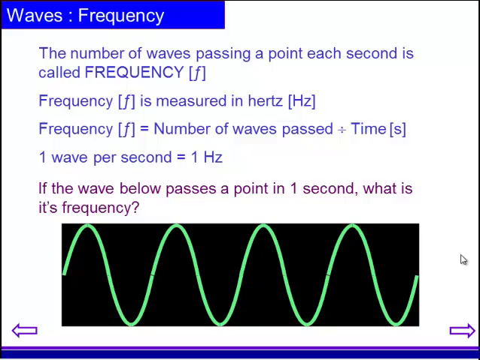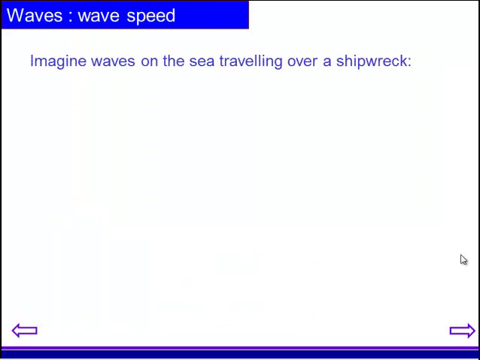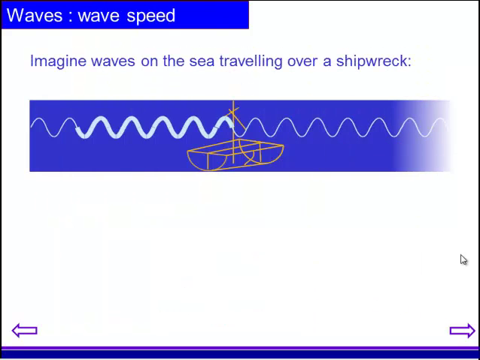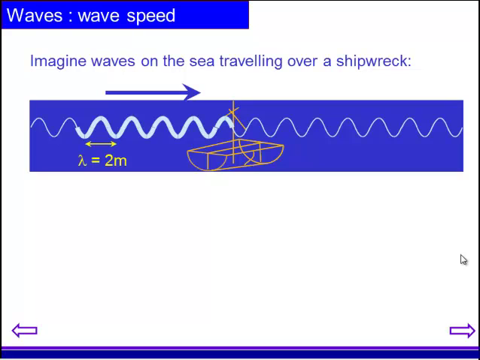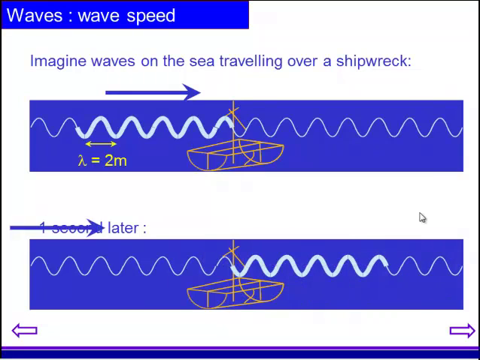Now we're going to apply this thinking a little bit. So again, we're imagining sea waves. We're imagining a shipwreck and the waves passing across this shipwreck. The shipwreck provides us a point in time which is our reference point, which we can look at carefully. The sea waves happen to have a wavelength of 2 meters from trough to trough or from peak to peak. Now, sitting there watching these waves go past over this shipwreck, 1 second later